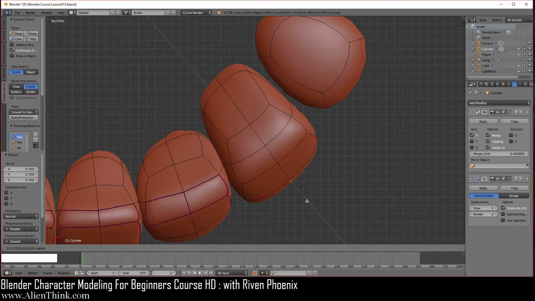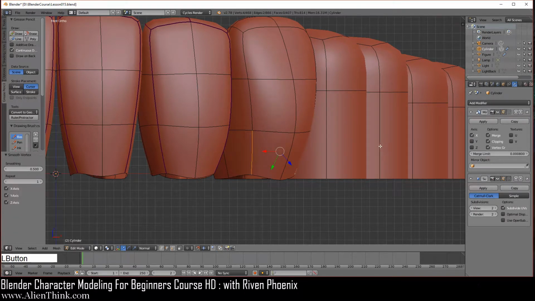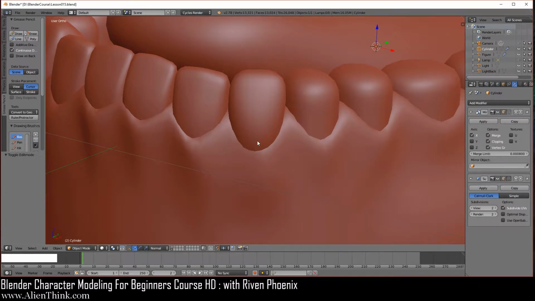1, 2 over here, and just press 1 to go to the front view. Click on this and take it out one time. Click on this edge, shift key down, and this one, and just do W and then smooth over here. Now if you do tab just to check, you can see how we're getting this idea here.